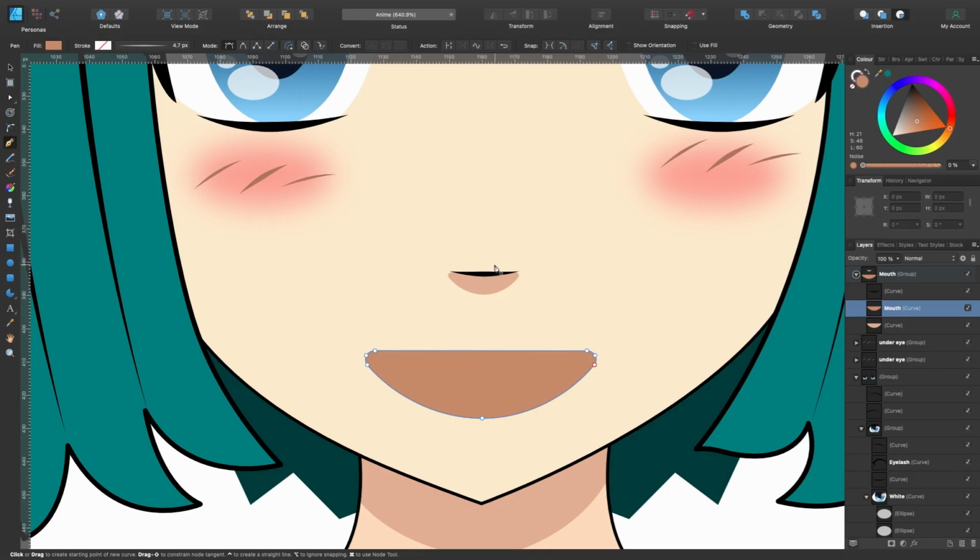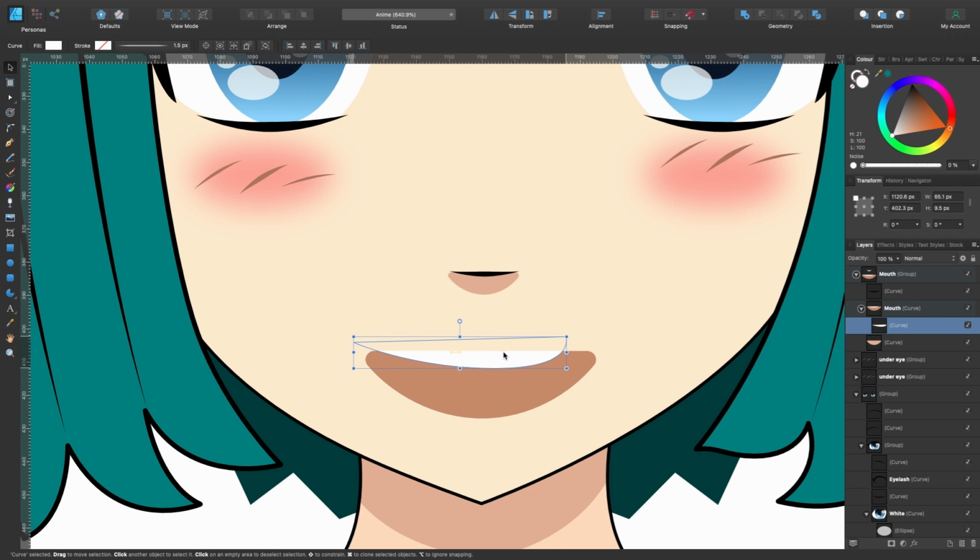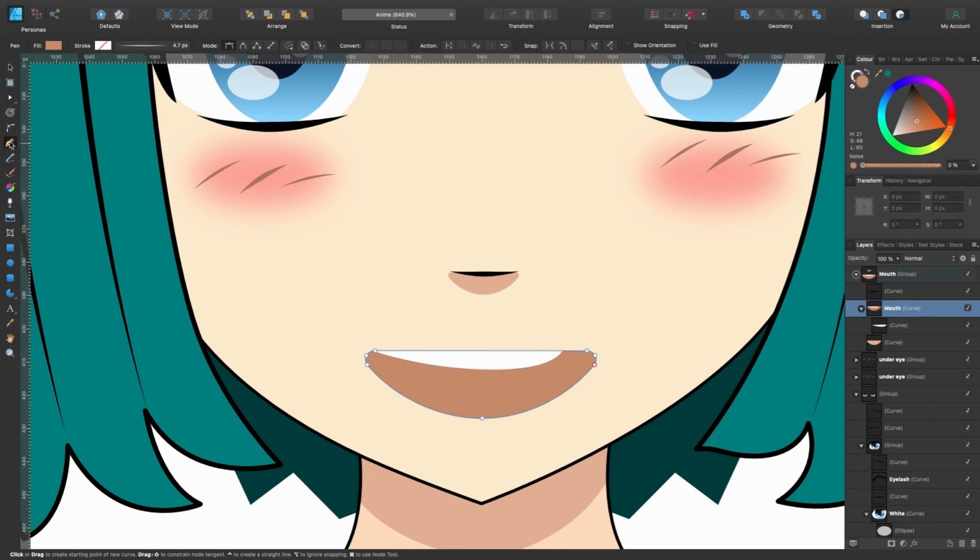So I'll just click on that, plot a point, drag out somewhere like that, and end it around about here. And I'll close that shape up. I'll make it white, and you see it's clipped inside there already. I'll just press V, the move tool, and make the teeth a little bit bigger. Okay, so we're gonna make the tongue now. So what I'm gonna do is click back on the mouth. I'm gonna click on the pen tool, which is still on, and insert inside selection is still on there. So now we're gonna click and create the tongue.